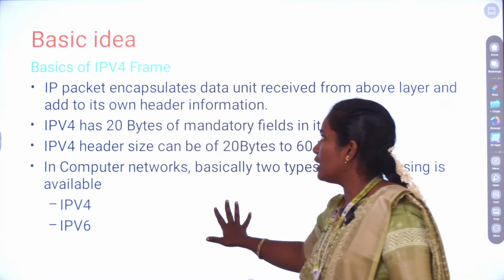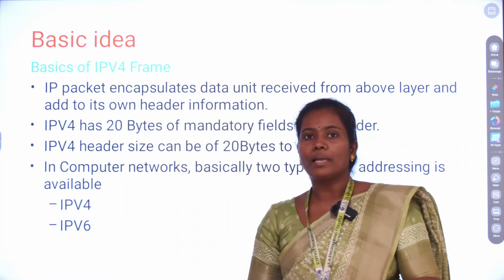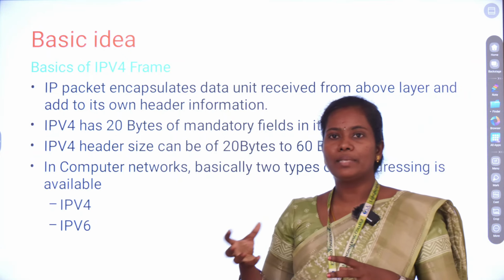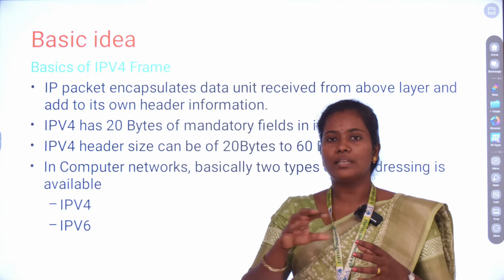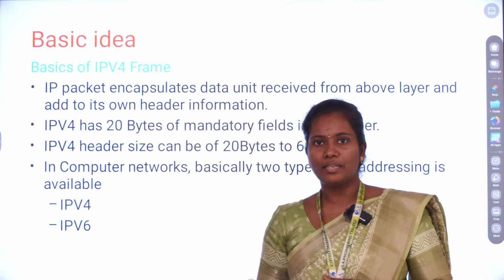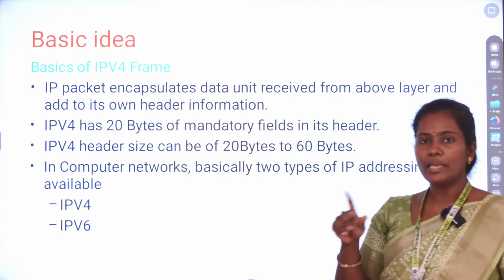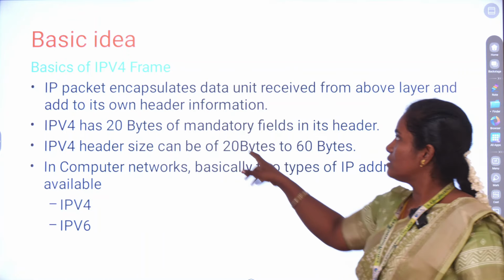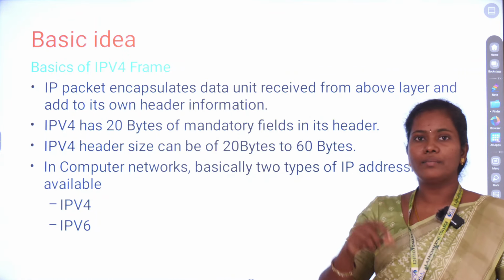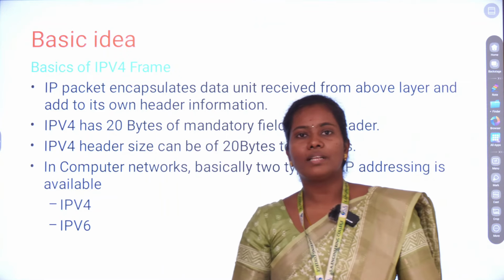The basic idea behind the IPv4 frame is that the IP packet encapsulates the data received from the transport layer and appends its own header information, which is done in the network layer. This information is forwarded to the data link layer. The data link layer makes the frame. In this frame, the minimum size of the header is 20 bytes,